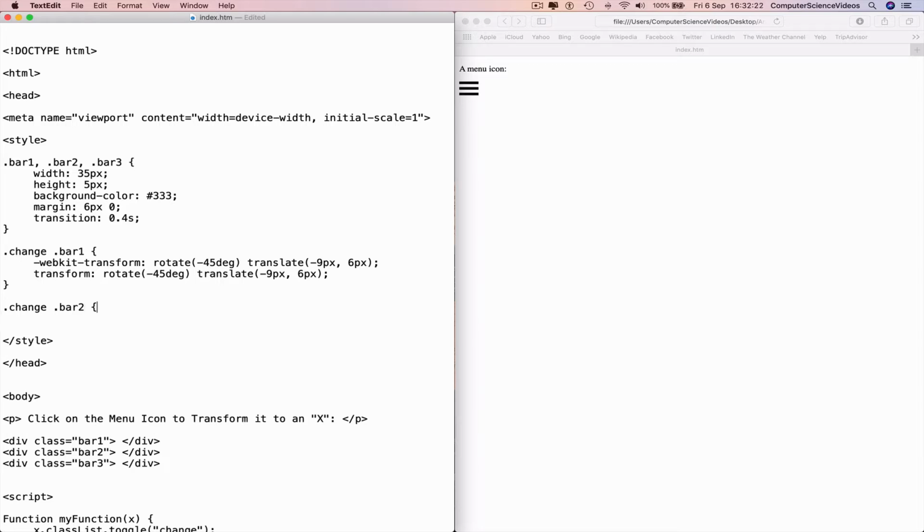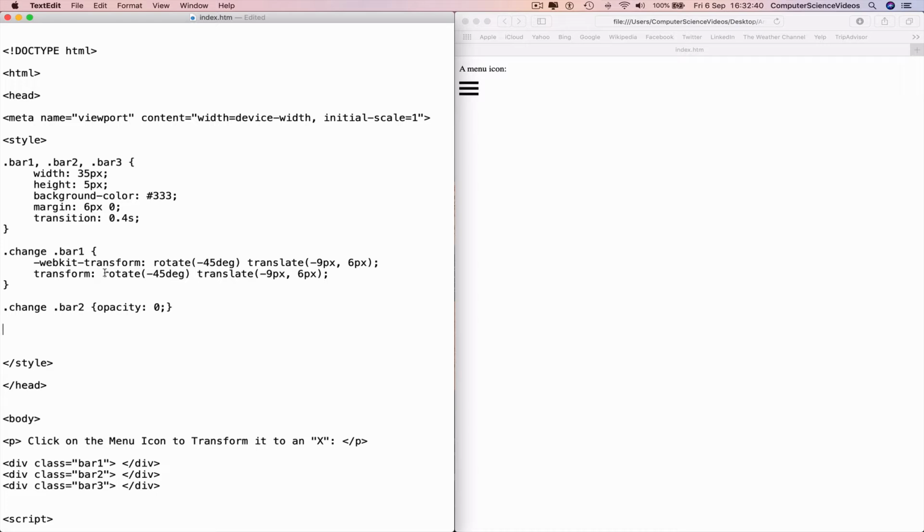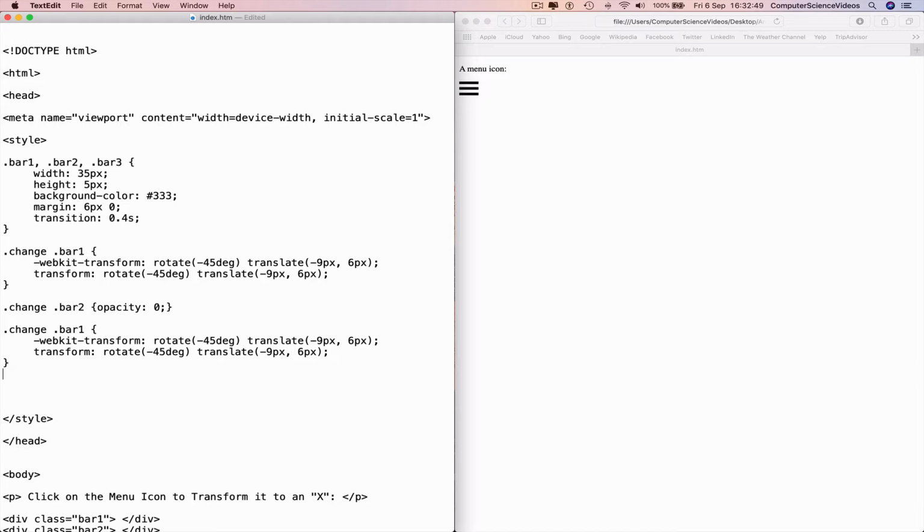And then after the curly brace, opacity: 0; curly brace. Command S to save, go to the next line, and then copy the change bar1 code, insert, and then change bar1 to bar3,